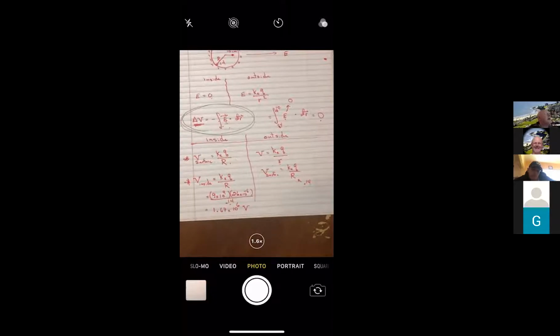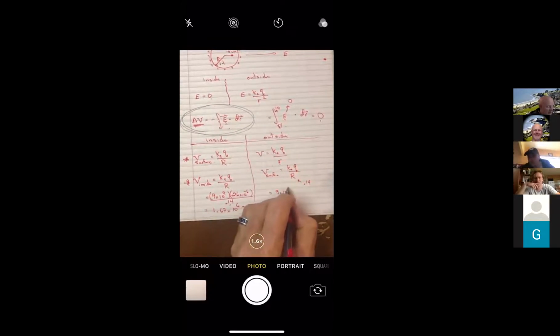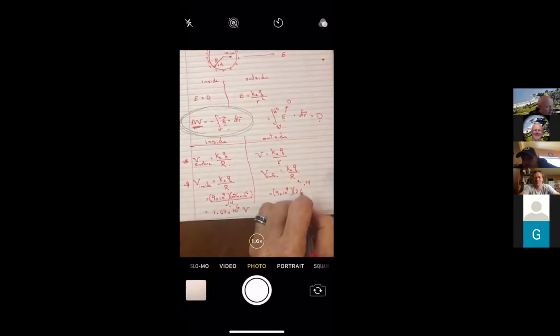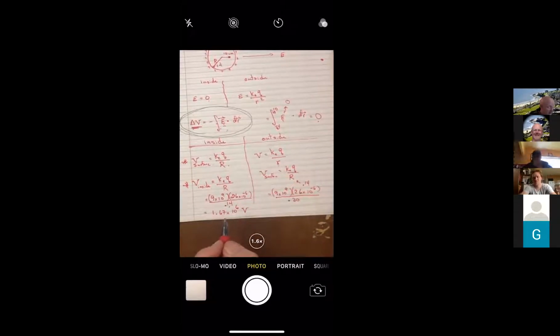Now, with that in mind, let me come back to the rest of the question. The rest of the question then, B, is actually outside. And so it is at 20. So I'm going to come back to this column here and then put in a 20. So this would be Coulomb's constant, 9 times 10 to the 9th. The charge of 26 times 10 to the minus 6. And then the radius, where we actually are. And then this is at a position of 20. And I'll save some room